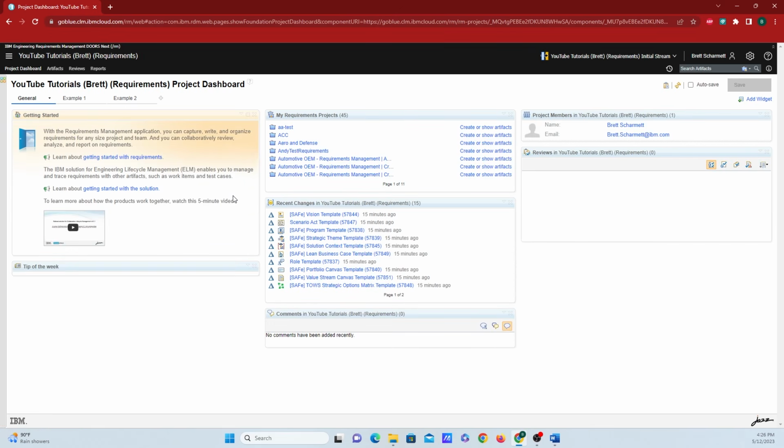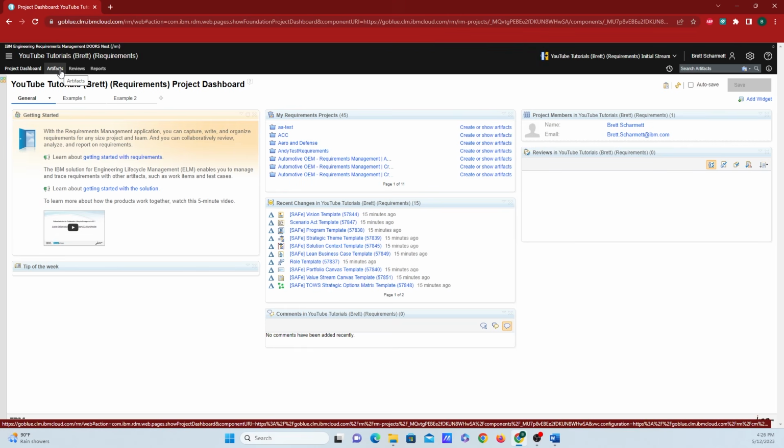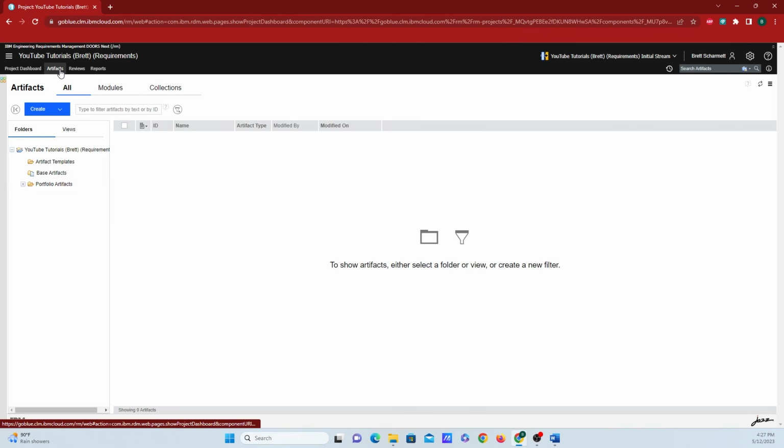So now we need to add some stuff into this. And to do so, go up to the top left hand corner here and click on Artifacts. Artifacts, now that's going to be a super common name that you'll pretty much see throughout this entire tutorial here. And a way to think about an artifact is that it's a thing. And I know that sounds pretty vague here, but it'll just make sense when we start uploading some stuff,